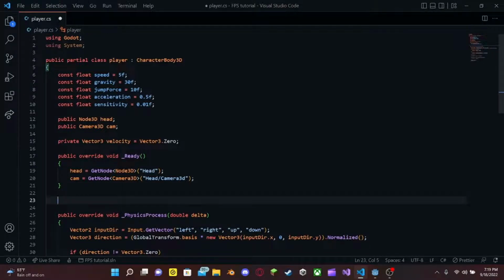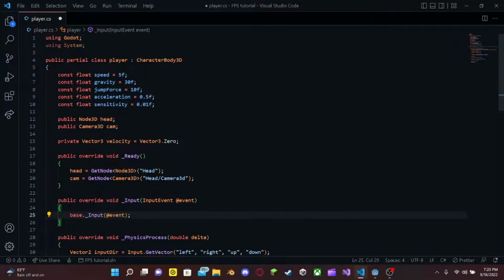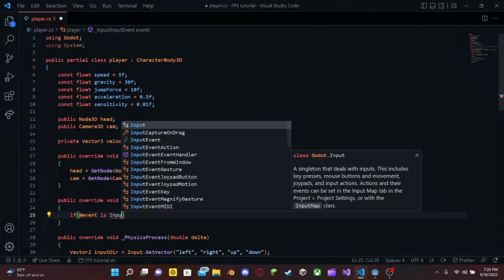Next, we're going to make another override, and we're going to use the built-in function called input. And getting camera or mouse input using C# is a bit different from GDScript, because we're going to have to say if event is InputEventMouseMotion,